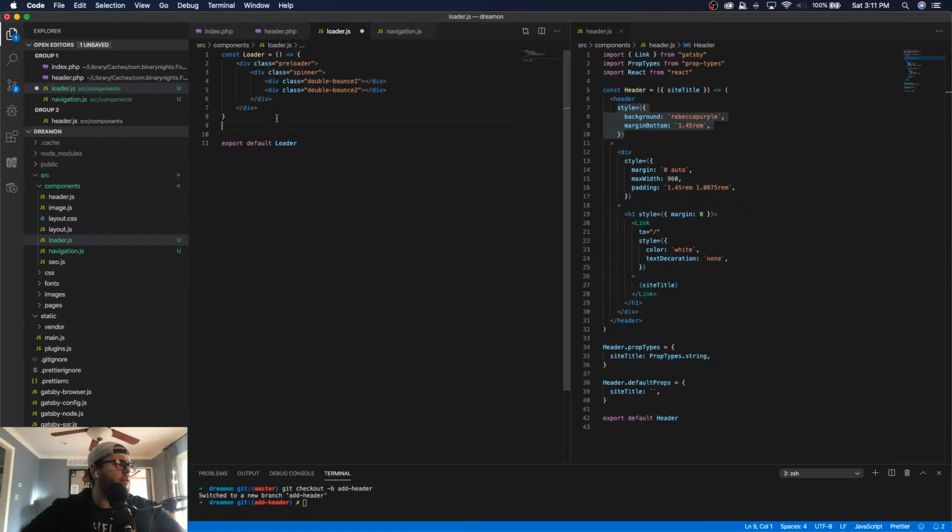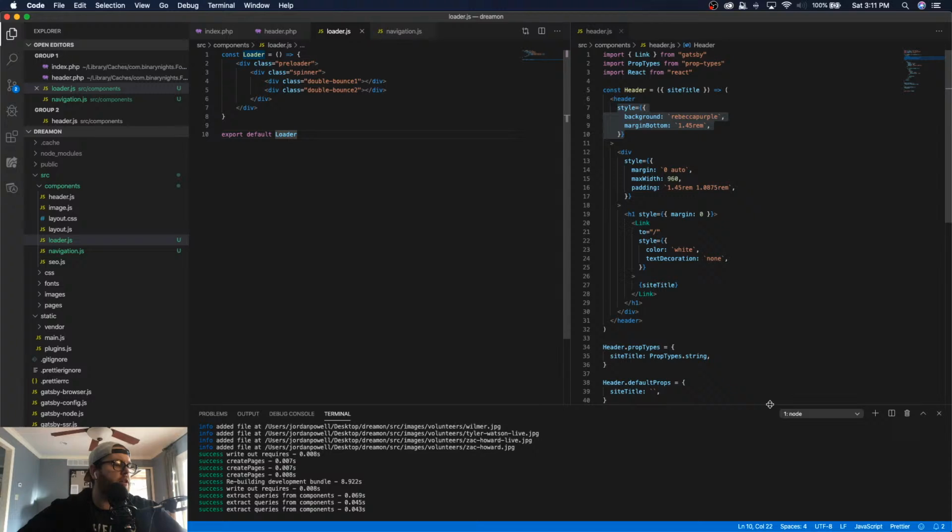I think that's it. It's been forever since I've done React. Let me load this. Check our build. Looks like it's still building. It's not yelling. Now if we go to here